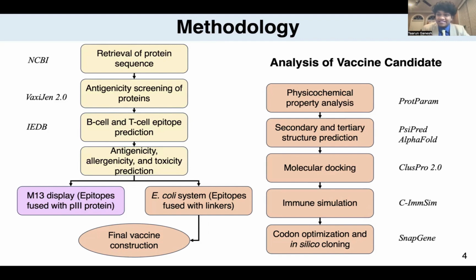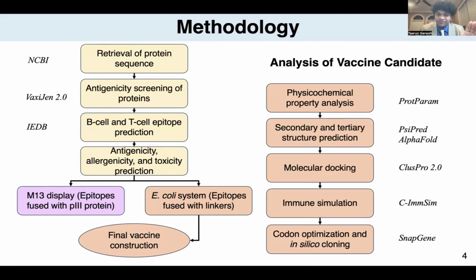And those B cell and T cell epitopes, they went through an extensive screening process consisting of antigenicity, its ability to elicit an immune response, allergenicity. Of course, we want it to be non-allergenic, so it does not cause an allergenic response within the body, and non-toxic. So among many different types of biophysical properties tested, those were the 3 main categories we tested each different peptide sequence for. So this is where my project kind of splits into 2, with the M13 display and